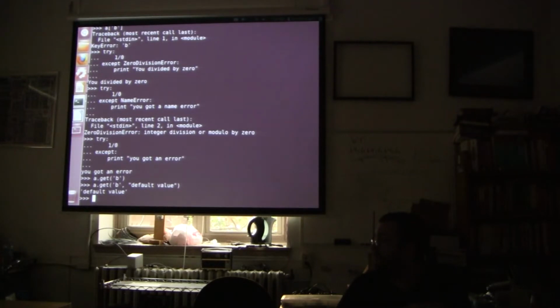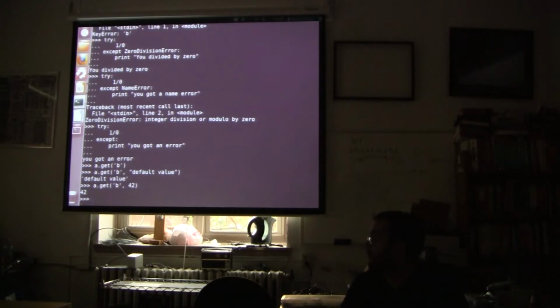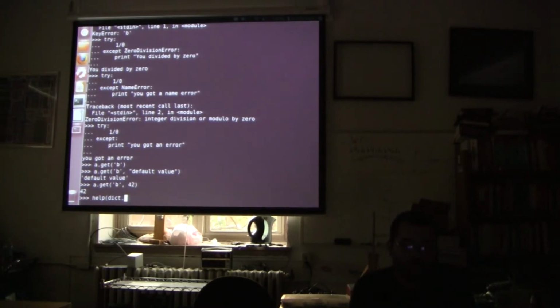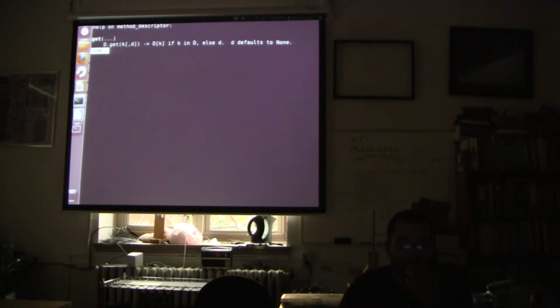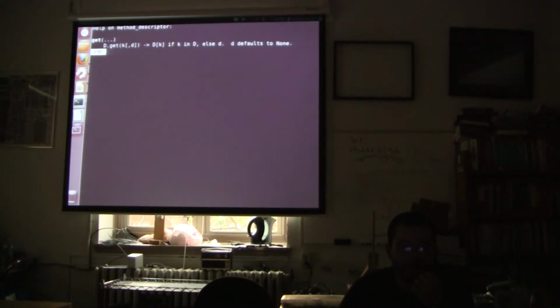What's up? Is the second argument of that get function definitely the default value? No matter what you put there, that's what it's going to give you if it doesn't have the key? Oh, no. The default value can be anything, so it can be the number 42, and it's going to give you 42. That's what that place is for. Exactly. Okay. Yeah. So if we do help(dict.get), well, that's right. It returns k if k is in the dictionary. Otherwise, return little d, which is the second parameter, the default value that you want to return.